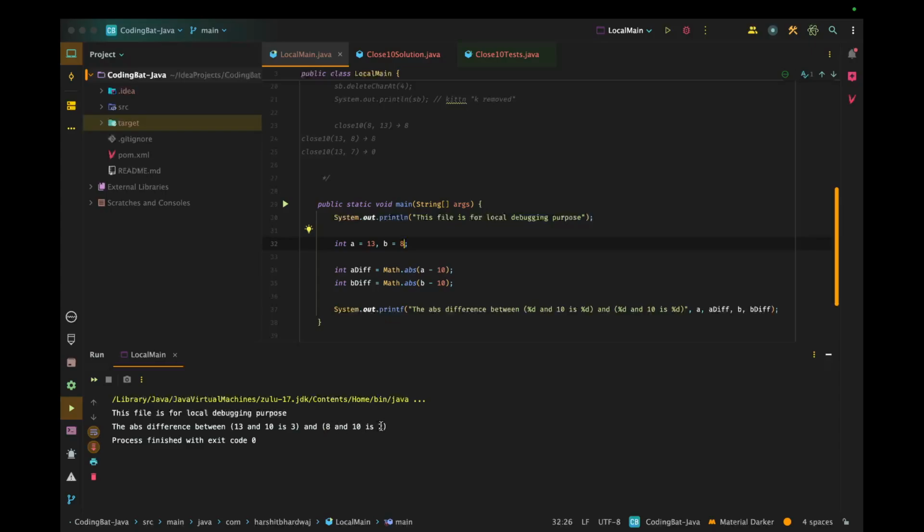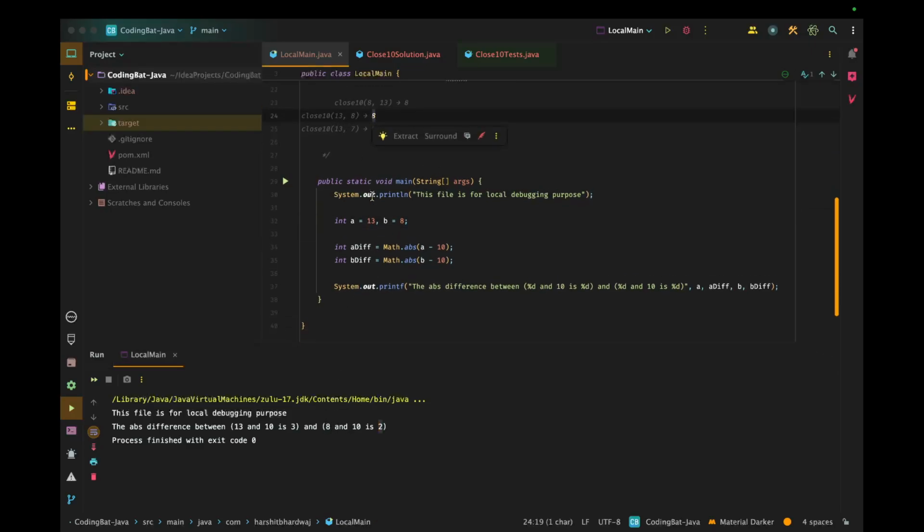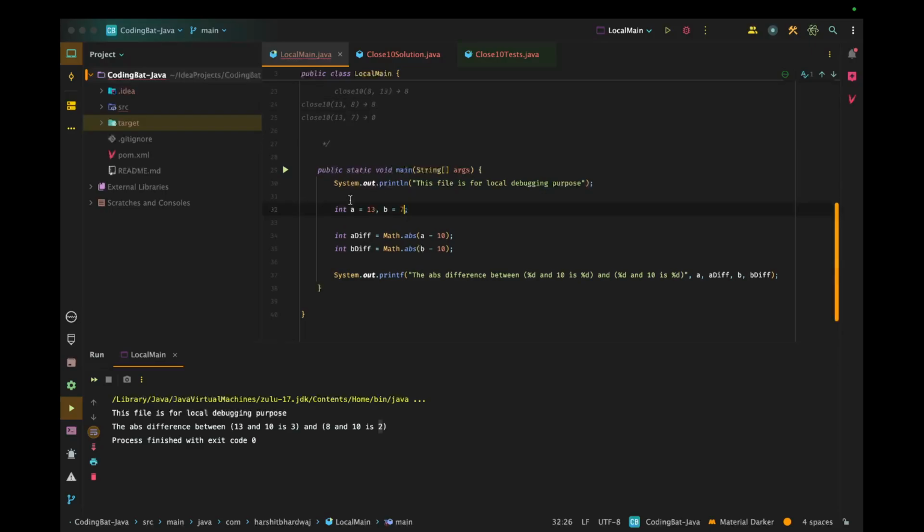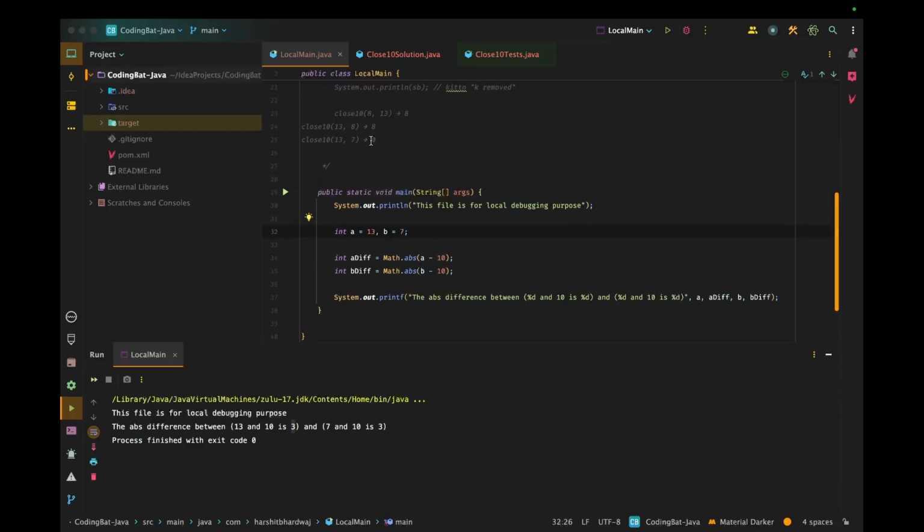Now since this is the smaller difference, or b is closer to 10, hence we are returning b, which is 8. But if we talk about 13 and 7, in this case the difference is the same, 3 in both cases. 7 is basically 3 less than 10 and 13 is basically 3 greater than 10. Hence the difference is the same in both cases, hence we are returning 0.